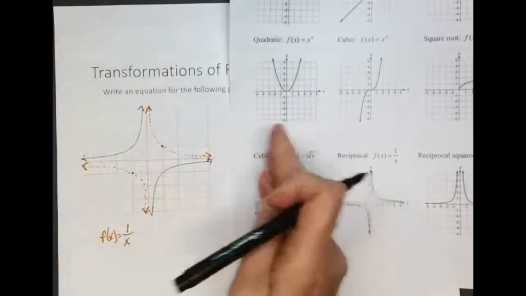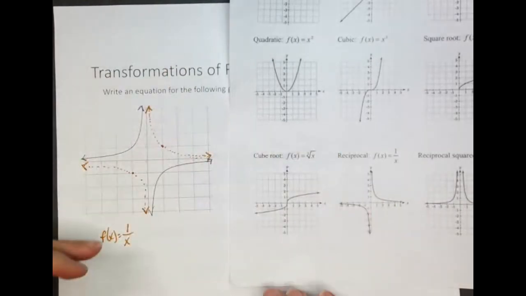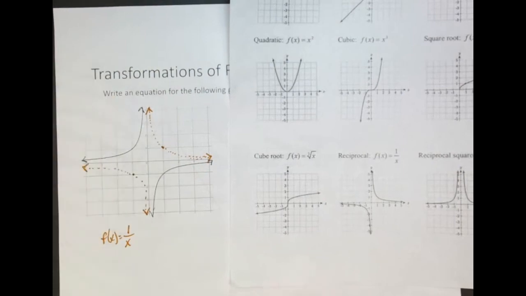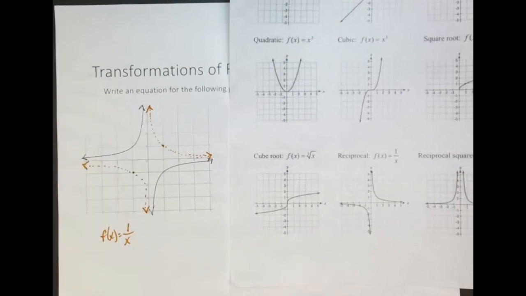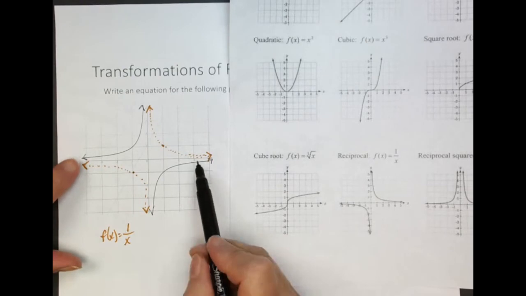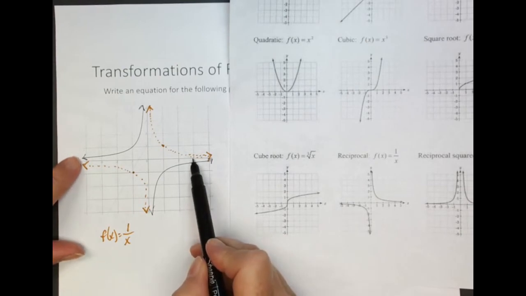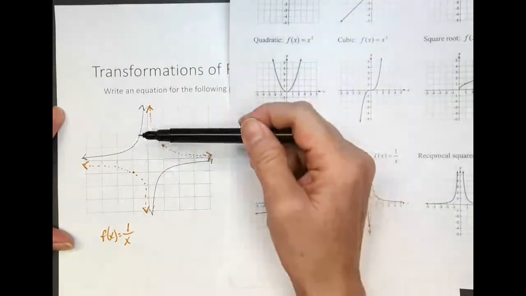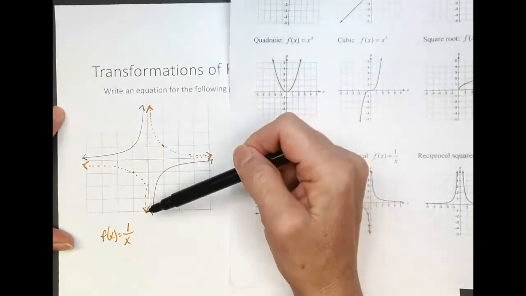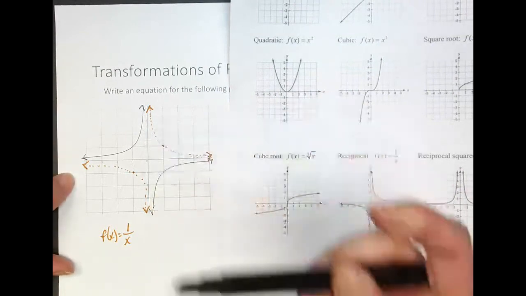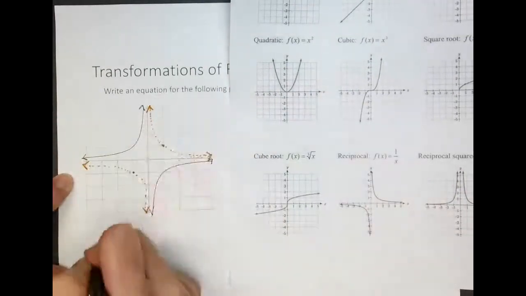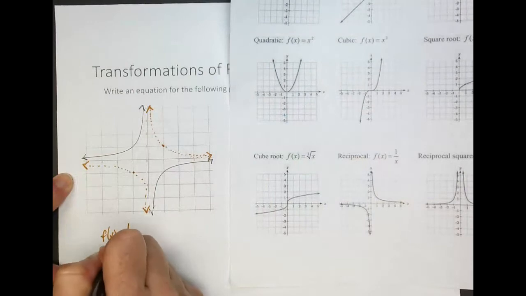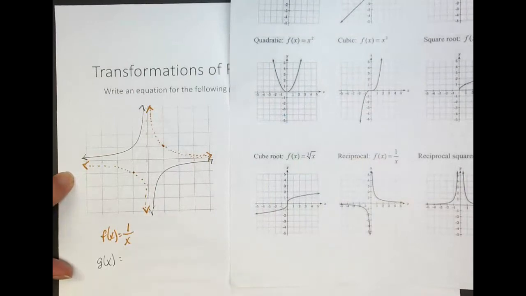It doesn't look like there's any stretching going on, does it? It doesn't look like there's any shifting going on. I think there's a reflection, though, isn't there? What reflection is taking place here? Are we reflecting across the y-axis, or are we reflecting across the x-axis? In this case, it could be either one, right? If our black line was g of x,